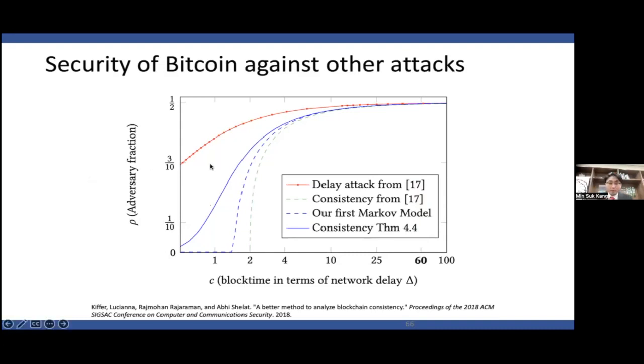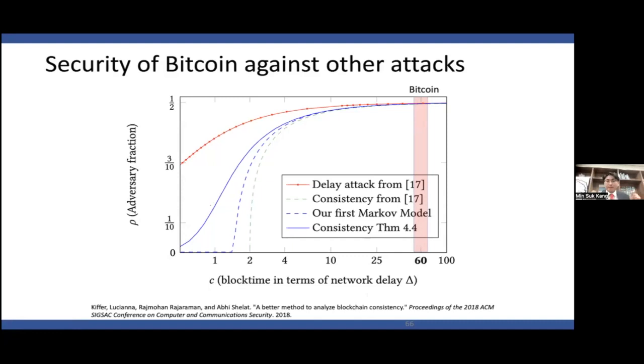By the way, this was published in 2018. And then this research showed that Bitcoin security actually depends on the network latency of the Bitcoin network itself. So, I think we have an animation here. The X-axis shows the block time in terms of network delay. In this case, if I remember correctly, the network delay is set as 10 seconds,